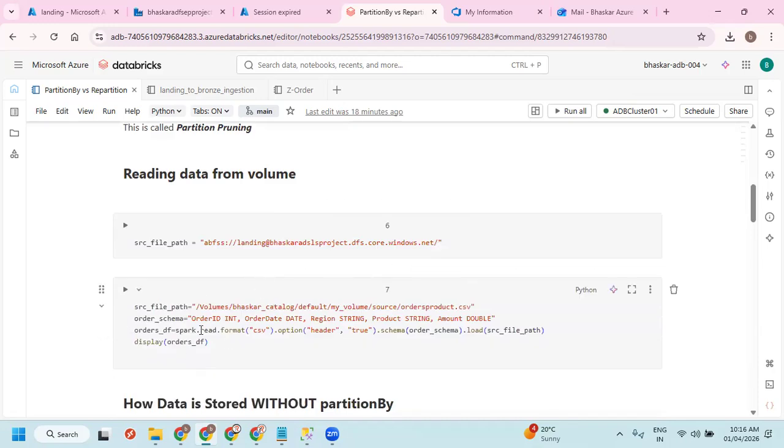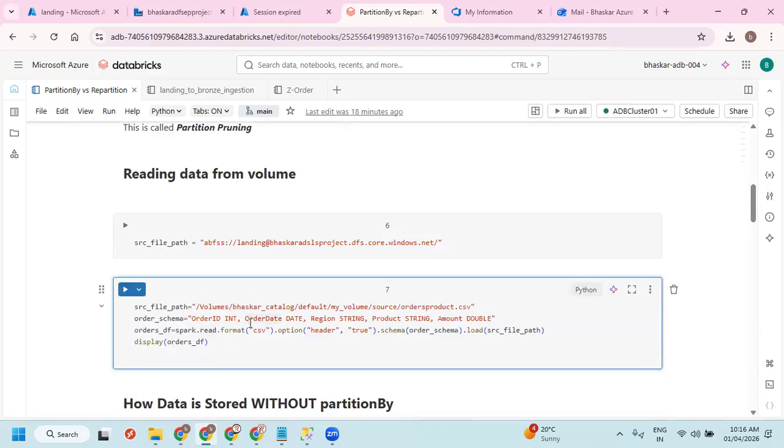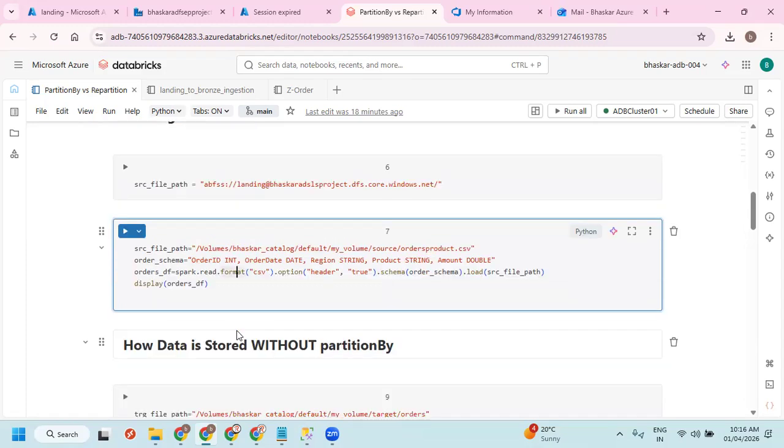Now I just wanted to show you how we can do it without partition, and with partition how exactly it is going to read. I wanted to check my data here.